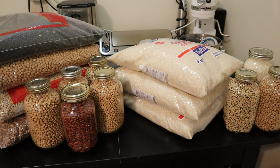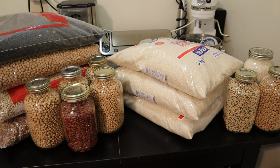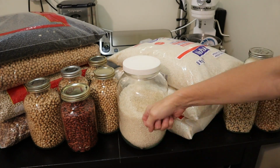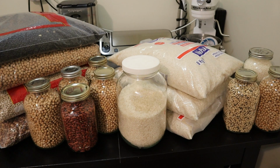I also purchased, I have 3 bags of rice here that are not open. Before that I had 2 bags of rice, 1 sticky rice, which I've put into jars, and another bag of regular rice that I've put into other jars, plus my go-to jar. I have a 1-gallon jug here that I use. I have a couple of those, 1 for flour, 1 for sugar, and 1 for rice. And it's just straight white grain rice that we consume in this house, so it will certainly last longer than